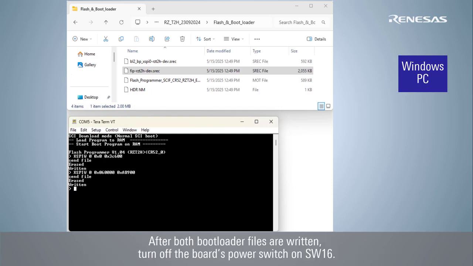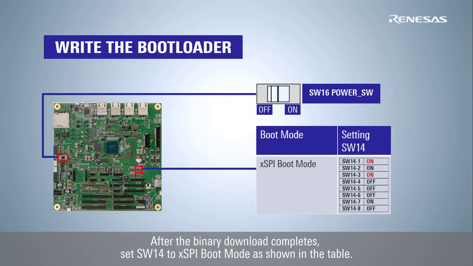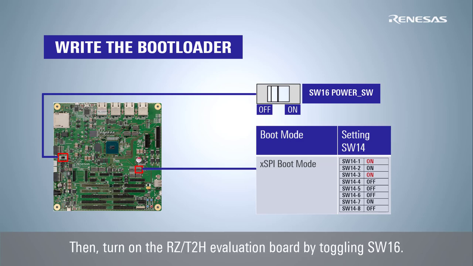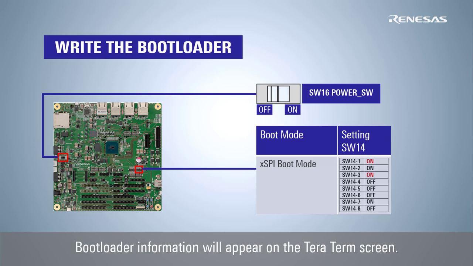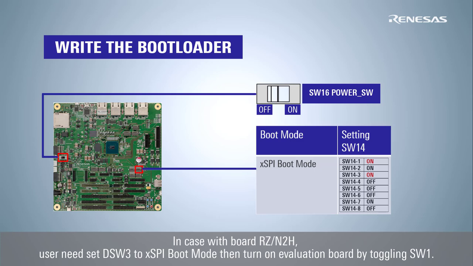After both bootloader files are written, turn off the board's power switch on SW16. After the binary download completes, set SW14 to XSPI boot mode as shown in the table. Then, turn on the RZ T2H evaluation board by toggling SW16. Bootloader information will appear on the Tera Term screen. In the case of the RZ N2H board, the user needs to set DSW3 to XSPI boot mode, then turn on the evaluation board by